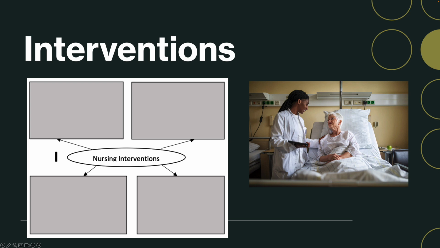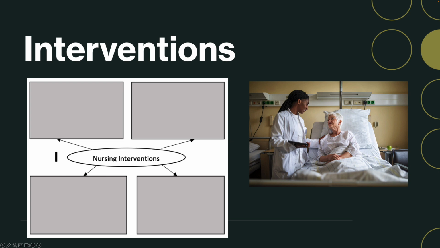So what will you do as the bedside nurse to assist the patient with this diagnosis? Working towards making them better. What are we going to do to help them make this diagnosis better? So let's use the shortness of breath. My patient has expiratory wheezes and shortness of breath, so I'm also going to know from that they're probably going to have a hard time doing activity. So I'm going to do small activities. I'm not going to make them walk around the unit 20 times.